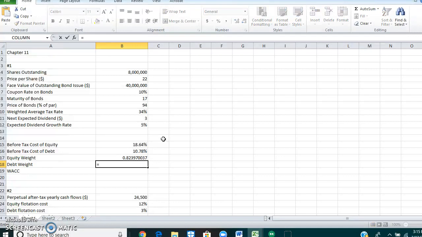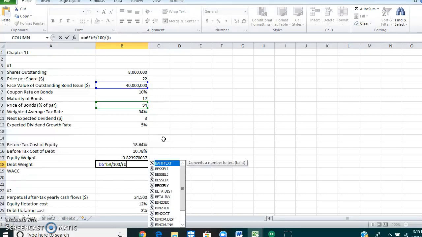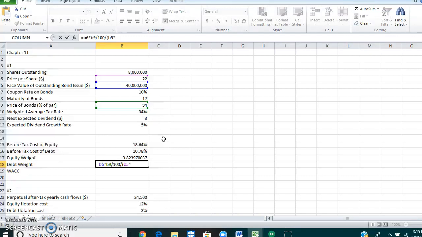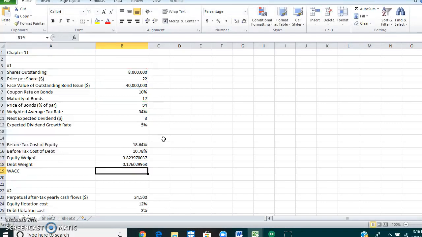Equals, face value is B6 times price of bonds, B9, divided by 100, divided by, and it's important to have both of these divided by signs, parentheses, price per share, which is B5, times shares outstanding, B4, plus face value again, B6, times price of bonds, B9, divided by 100, close our parentheses, and see what we've got. So our debt weight is a little over 17%,